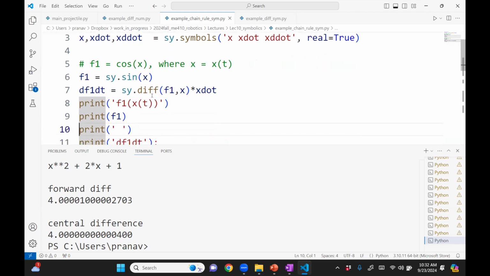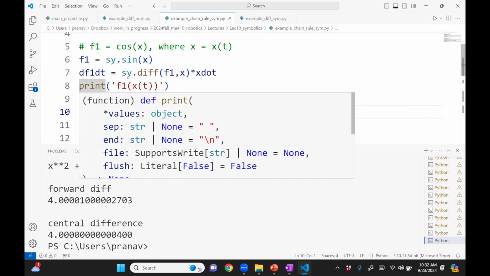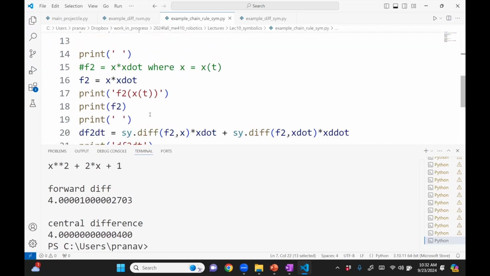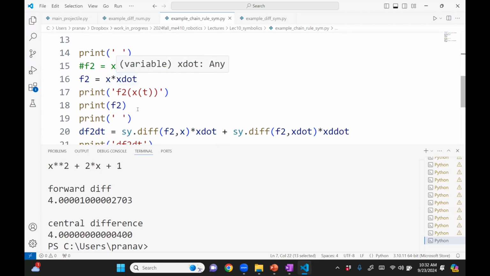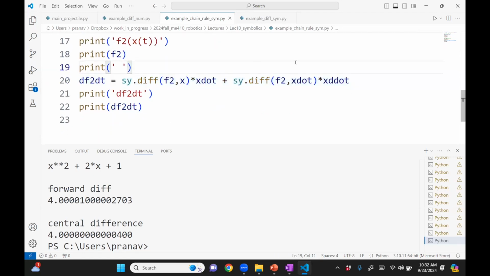Say real is true. The first example was computing the derivative of sine of x. Now, if you write sine of x and take the derivative with respect to t, you have to remember you need to use the chain rule. So this part is df dx, right? df dx, and then this x dot. So then that's just print that. And then f2 is x times x dot, and the chain rule is right here. It's basically doing df dx times x dot plus df dx dot times x double dot. Okay, so when you run this,